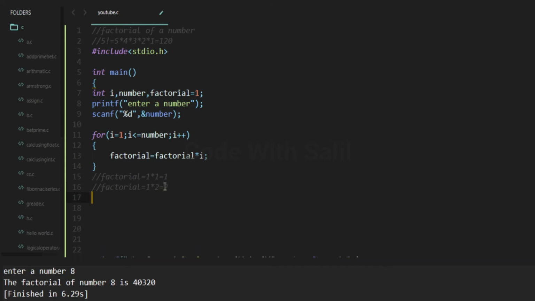Now in the third step i will be incremented to 3 and it will check the condition: 3 is less than or equal to 5. Yes, so this block will execute again. The value of factorial is now 2, so 2 into 3 becomes 6.